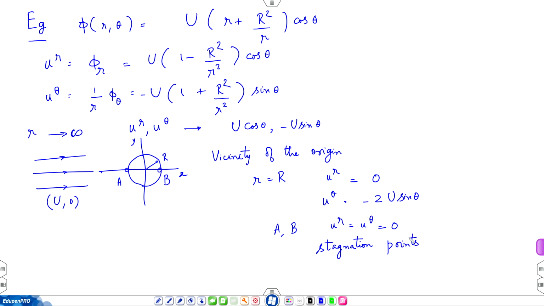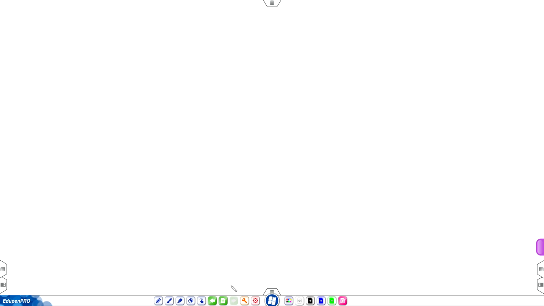These points are special because if velocity is 0, Bernoulli's equation tells you that the pressure has to be a maximum. In the flow field, whenever you have a stagnation point, pressure will hit a maximum, because P over rho plus u square over 2 is a constant. So, applying Bernoulli's equation,